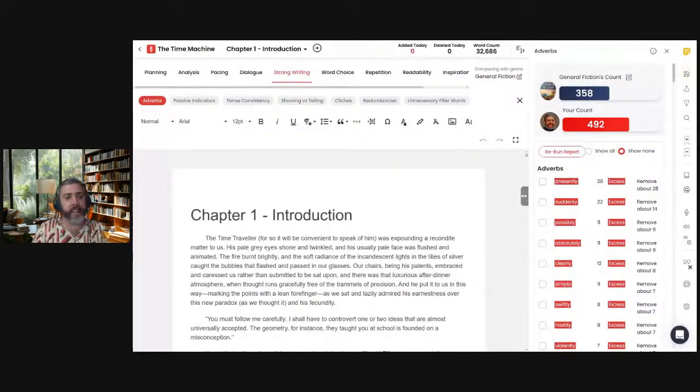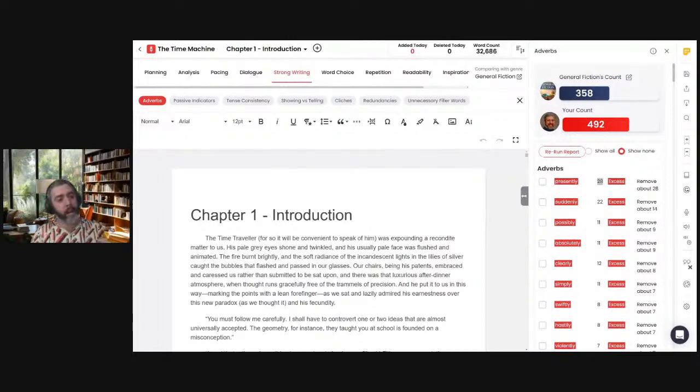Presently. Not a surprise, right? Presently does sound old-fashioned, doesn't it? You would expect pretty much 0. Yep, it says removing 28 would put it into compliance with normal. There are 28 of them. Presently is just not a word you hear very often. But again, that would be something for you to think about. Do you care about it? Maybe it's a specific style. Maybe you want to sound more old-fashioned, in which case you probably want to compare to a different author, right? But it's all up to you what you do with the feedback.